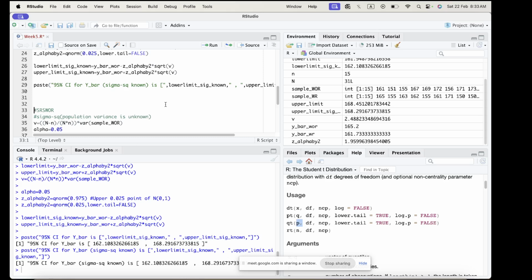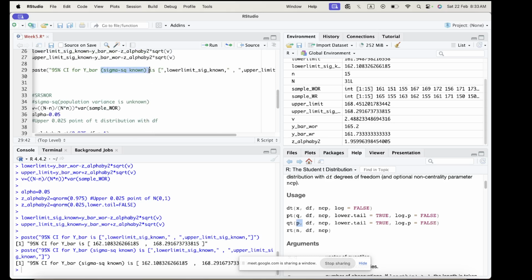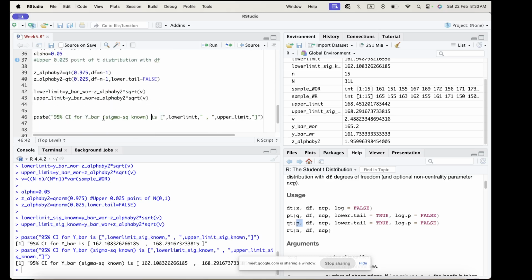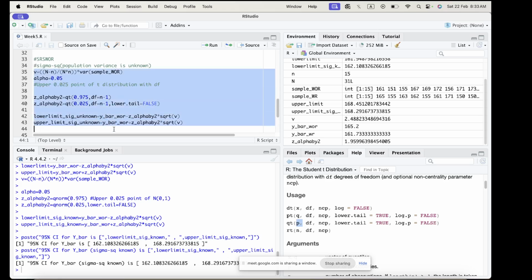And here this would be sigma square unknown, and this, let me write sigma unknown. Then this one will be